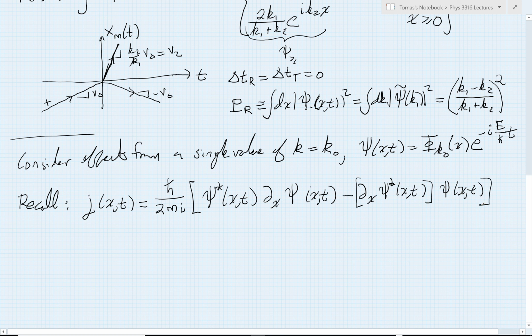Now, the really neat thing with this very general expression is what happens when I substitute in a pure state, right? As I focus more and more near one particular momentum, I more and more just have one particular energy and phase factor. And let's see what happens if I actually have something that has just one term like this in my current density. So I'll have h bar over 2mi. The first thing I have to do is to calculate the complex conjugate of my wave function. That's easy enough. I would get the star distributes on both of them. So I'd have phi star of k0, and this depends on just position x.